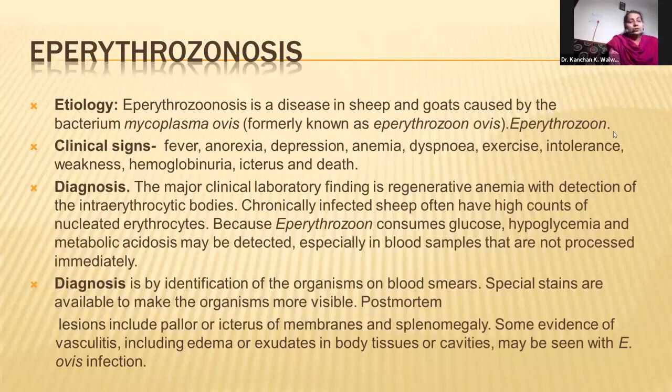So the tissues and mucous membrane will be pale in color. Along with that, since there is lysis of RBC, there will be icterus and splenomegaly. Why? Because when there is hemolysis, the dead RBCs and the material go into the spleen for processing. So this can be seen, and along with that there will be vasculitis, and since there is reduced RBC, there will be reduced osmolality of the vascular circulation, and that will lead to tissue exudation and edema